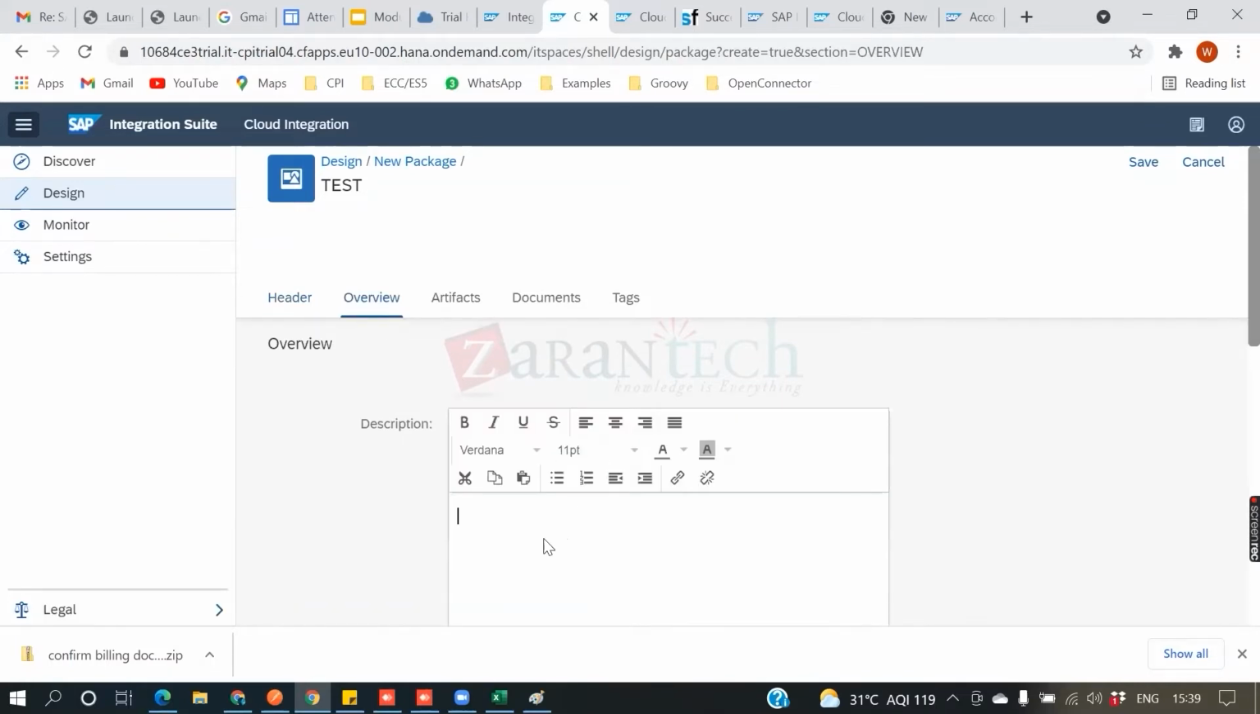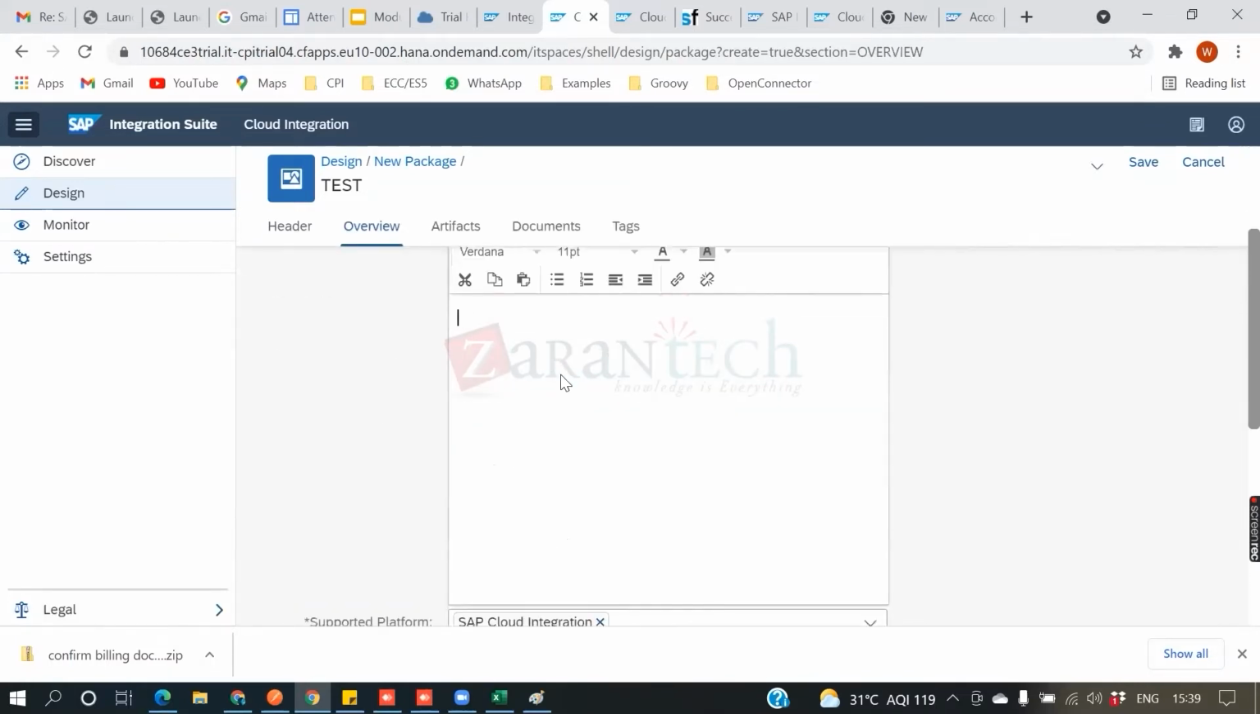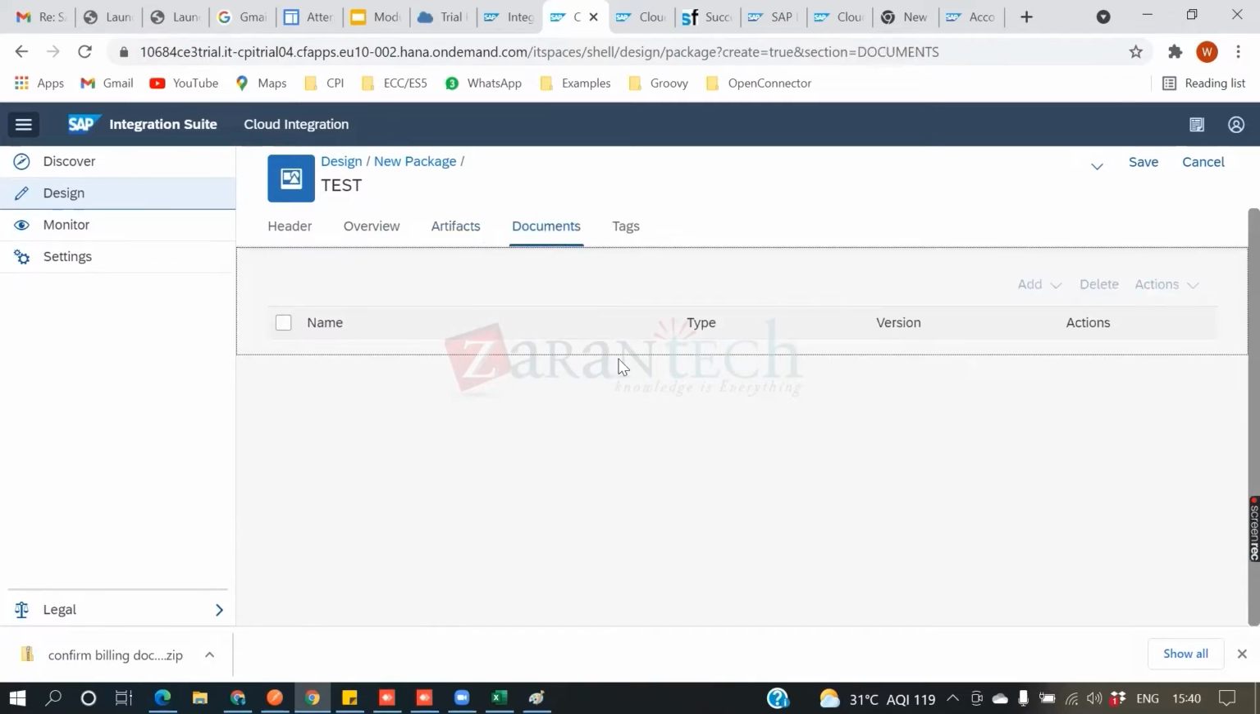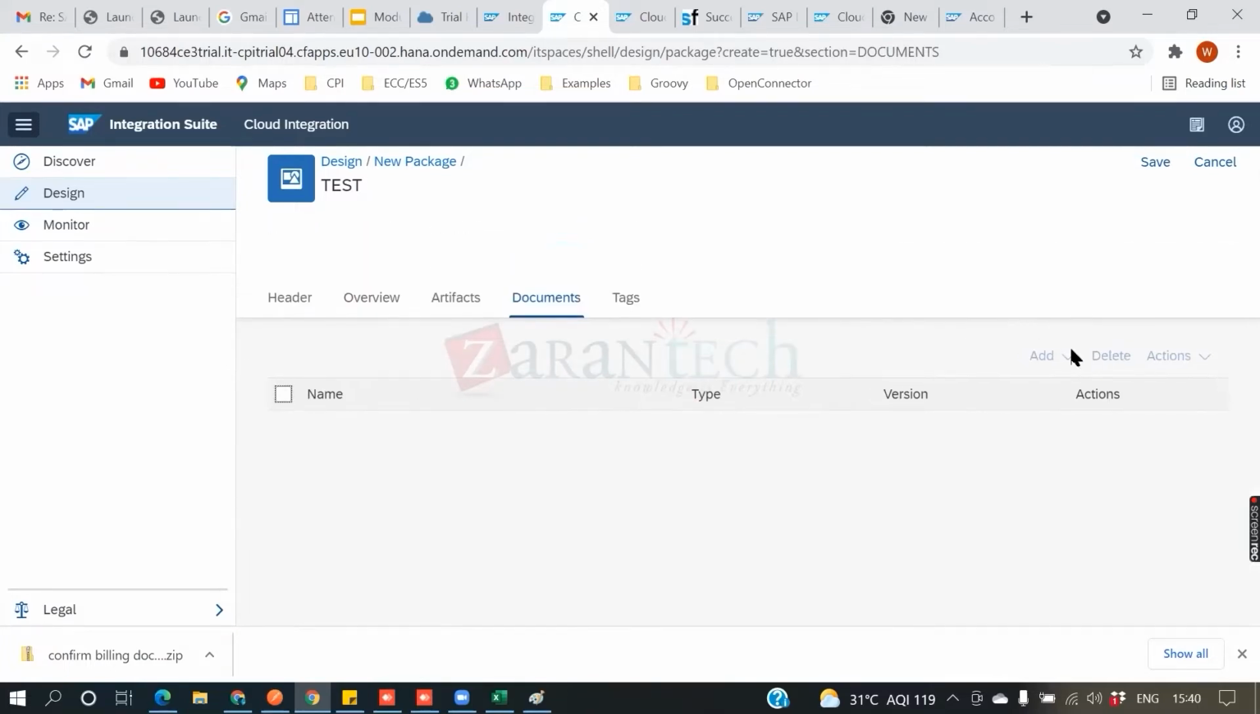Then if you want to give any description, or if you want to create any content here, you can give the URLs or supported documents, everything you can give here. Now this is the main place where you create your integration flow. We'll go to this, but before that we'll see the documents. Now if you want to add any documents, you just